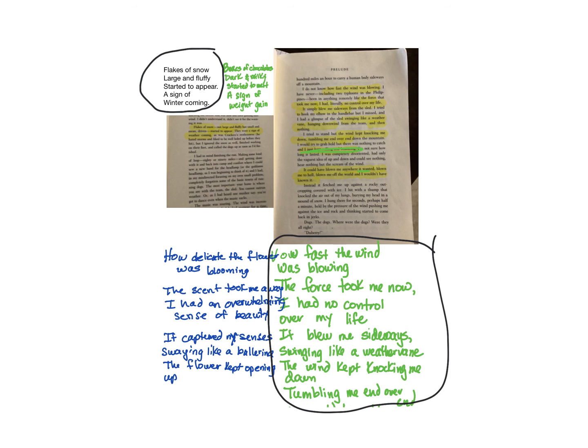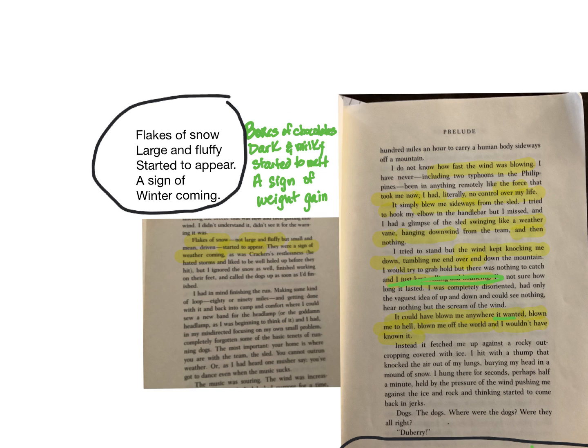So those are found poems. I did not use any of my own words. I just pulled the language from the text that I liked, and I created short lines and created a poem that had a rhythm. So the next step is called creating a parallel poem. And what that means is you take your original found poem and then using the numbers of words, the structure of the lines, and you create an original poem that uses the same type of sentence structure, numbers of words,